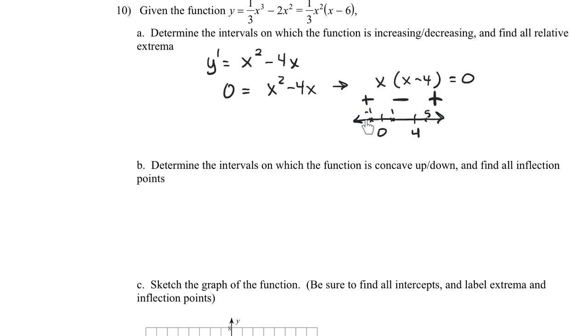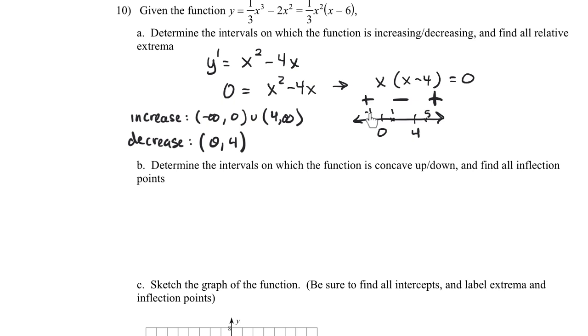So we have an increasing interval from -infinity to 0 and from 4 to infinity, and a decreasing interval from 0 to 4. So it's increasing from -infinity to 0 and 4 to infinity, and it decreases between 0 and 4. And also, since it switches from increasing to decreasing, we have a relative max at x